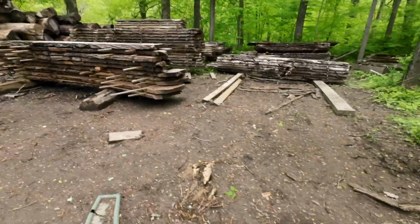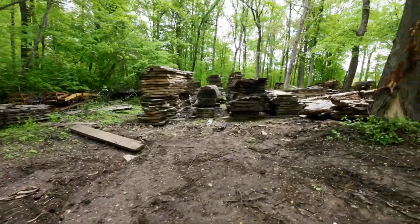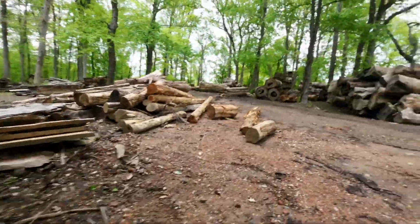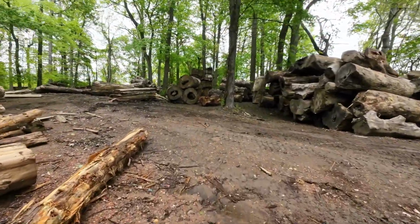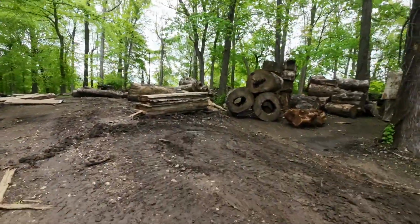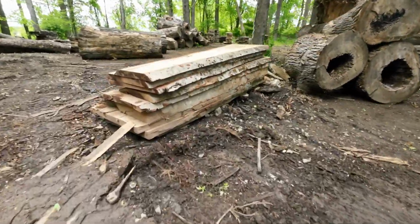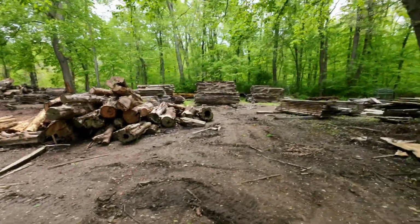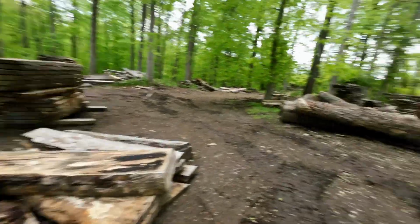So we have our various pieces of black walnut and ash, poplar. These pieces are all fairly large. And as you can see, it just keeps going. So when they're stacked up like this, they're not actually drying. We need to get stickers in between them, which is what all those are. They're already stickered, so the air goes in between them all. But as you can see,